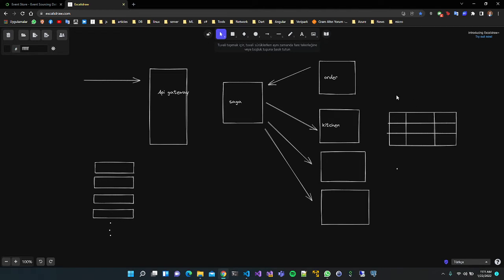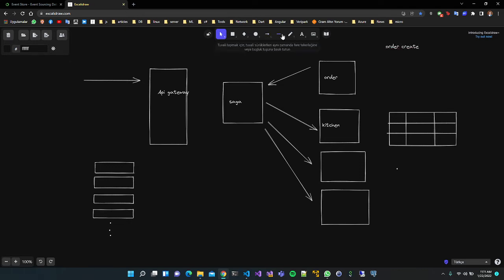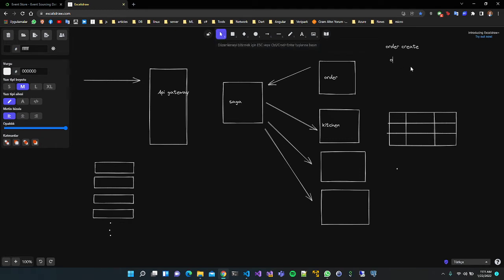But what if the customer wants to draw back? Like, I don't want to update the order size anymore. I just want to go back to the previous state. Let me write this: order created, order ingredients updated, and order size updated.